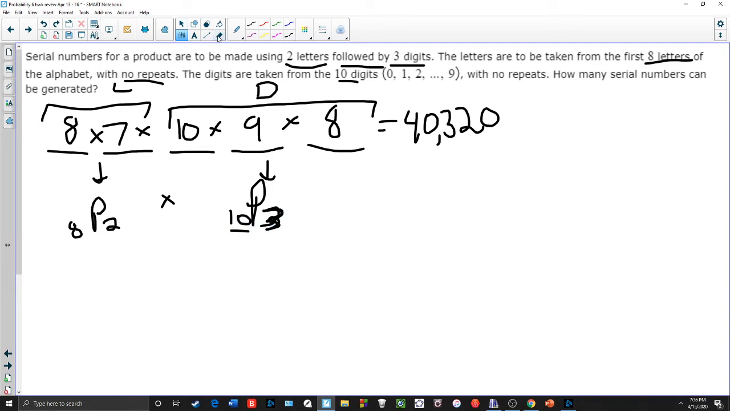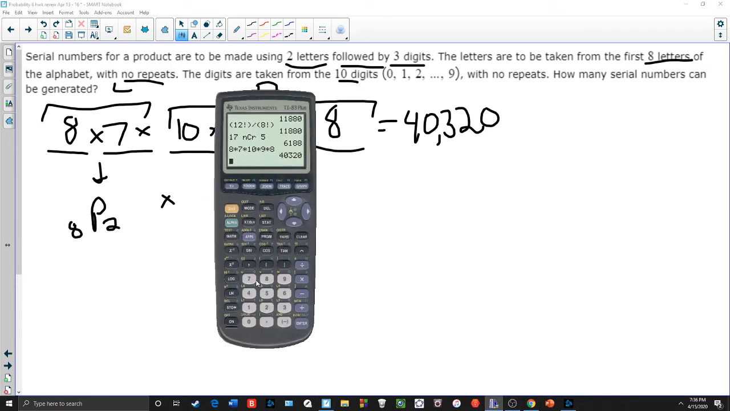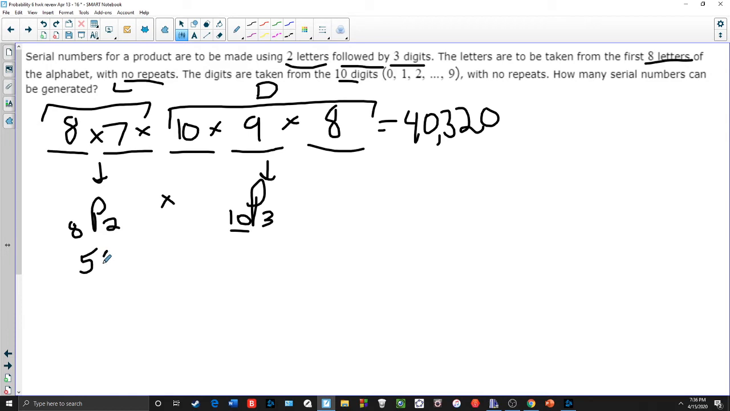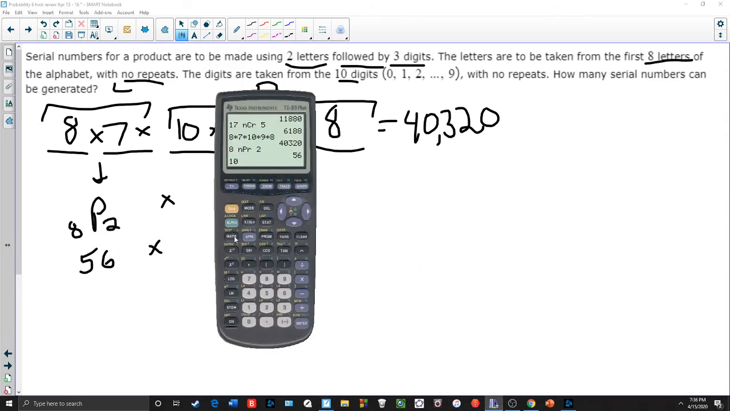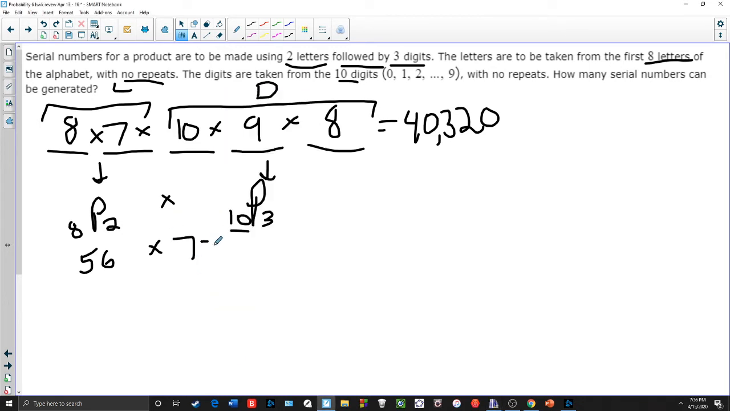Let me make that 3 better. I tried to save it, but I just couldn't. So 10 digits, pick 3. 8 letters, pick 2. And so if you do this, you get pretty much the same thing we did. So 8, pick 2, we get 56